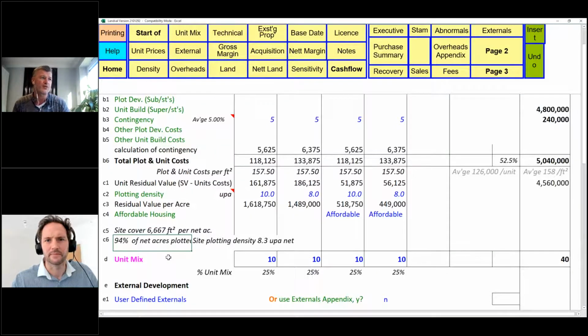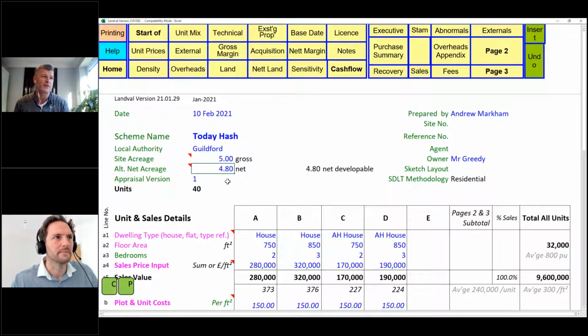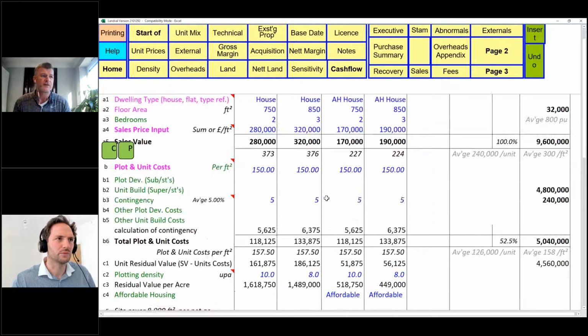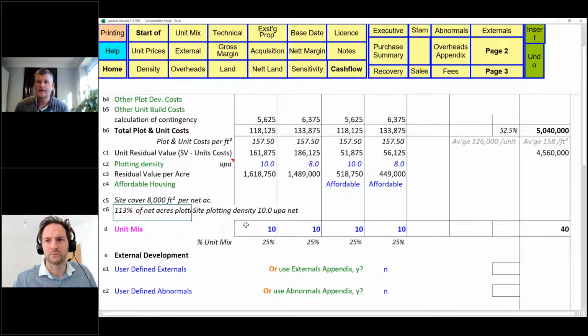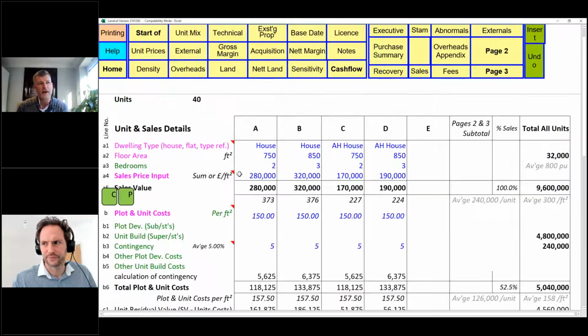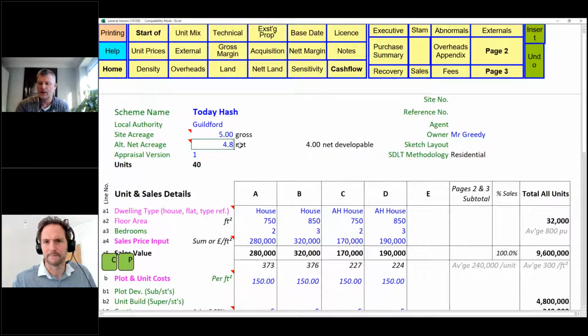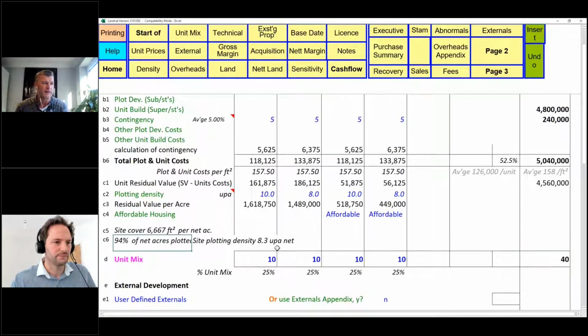And that is controlled by this position up here. So if I change that to less 4, then you can see this will probably go over 100. There we go, 113%. So I can then reduce my units to try and fit that on as best I can, because my area is being reduced. And then that would work the other way around if obviously you have more space. So you can see that here.